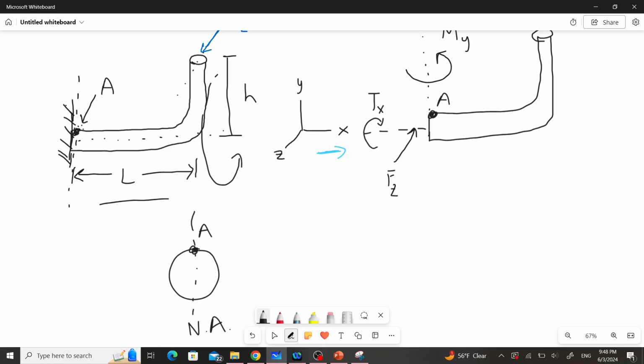Okay, and just to make sure we're all clear what direction we're looking, this would be our y direction up, z to the right. If we were now to take the stress element right there,